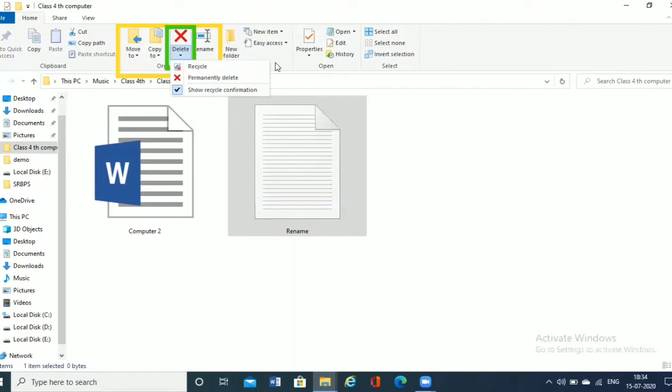Then you have to go into the Recycle Bin and delete that file from there if you want to delete it permanently. It does not get deleted permanently; it is still present in the Recycle Bin.